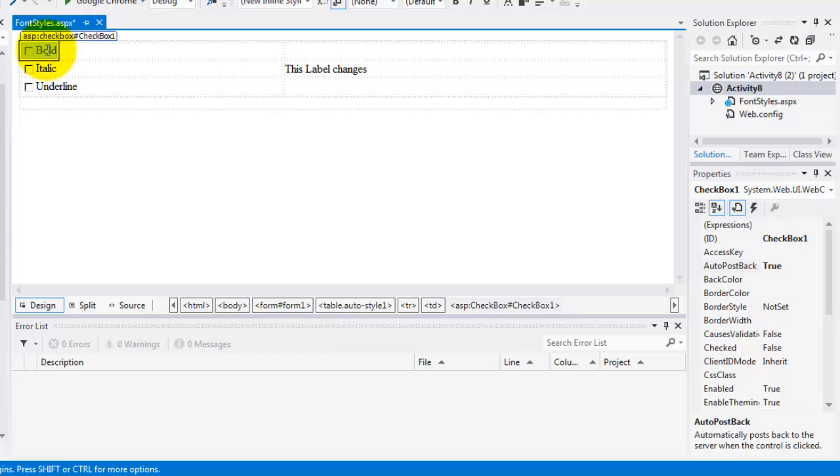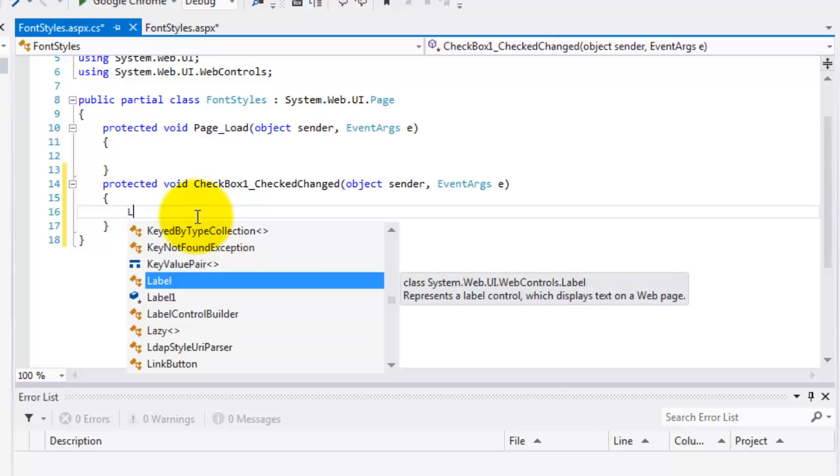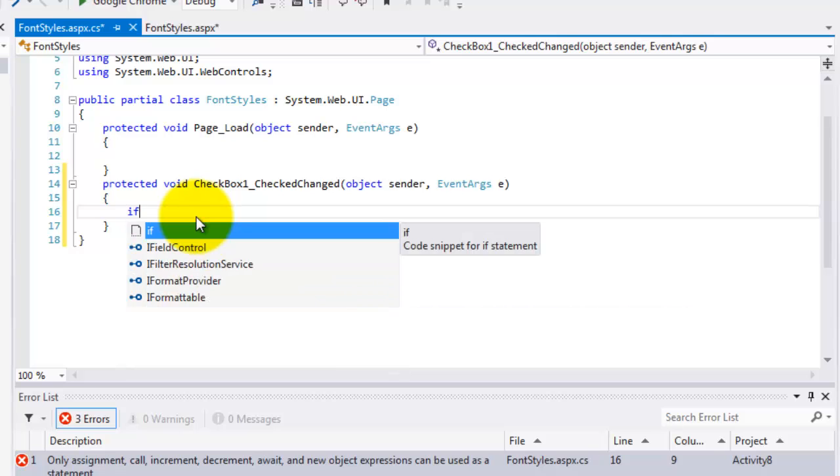Just double click each checkbox. Okay, here. So if this checkbox is changed, we have to check if it's checked, meaning it's true, or if the checked property is not checked, which is false. So we're going to use the if condition. If